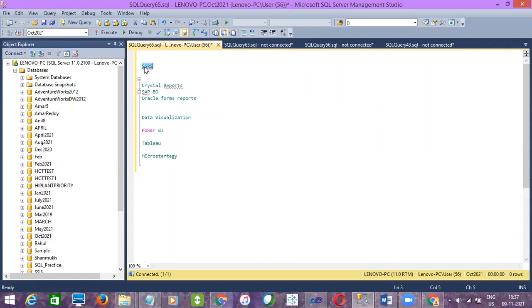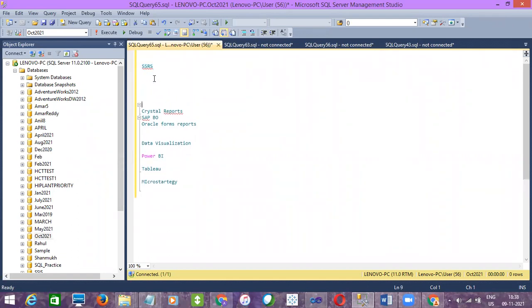Even in my project, for tabular basic reports we use SSRS, and for visualization we use Tableau. We are using both tools. It's always better to learn a traditional reporting tool first, and once you get into a real-time project, once you get an offer letter, you can learn either of them based on your project, if it is required. Otherwise SSRS is enough, right?